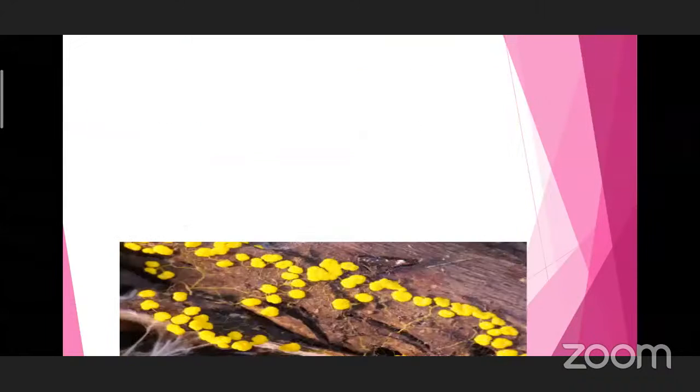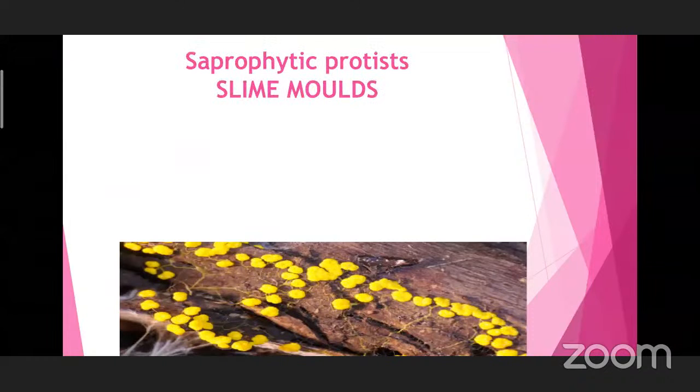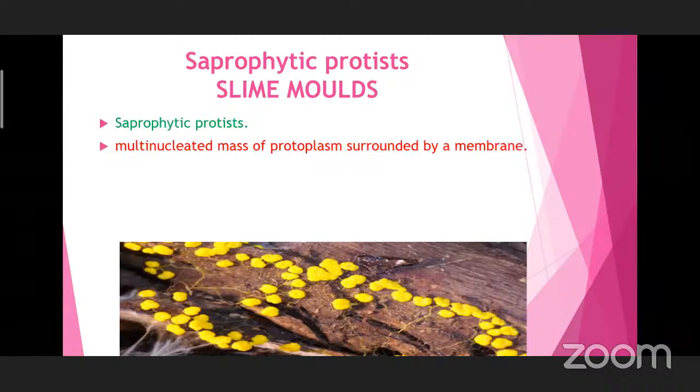So the next, the fungi-like, that means the saprophytic protist, slime molds. In these slime molds, you can see these are saprophytic in nature, decomposing dead organic matter they'll be utilizing for feeding. They are a multinucleated mass of protoplasm. Multinucleated, these are single celled only, but all of them will make a mass collectively and surround by a membrane,